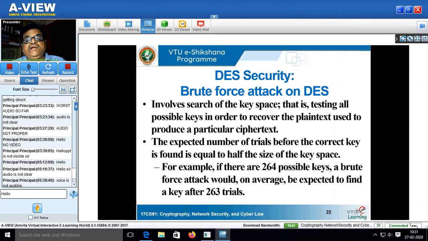We pick up one, we try it. If it doesn't work, we pick up another one and try it. If it doesn't work, we go to the third one and try it. Like that, we go on checking. The similar type of thing is happening here. If the key is not known, then what are the possible combinations of the key? We should go on searching and searching until we get it. In the worst scenario, there can be 2^64 possible keys, then 2^63 maybe